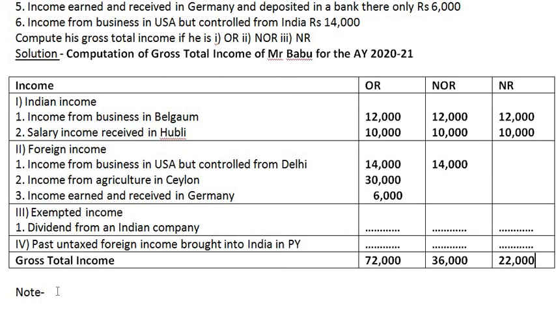There is one more important thing you need to do when you are solving the sum, which is to write an important note if you find it in the sum. Here you are given dividend from Indian company in the sum, but we have not written any amount over here, that is in the amount column. The reason is because it is exempted income. So if you find any such important points in the sum, just mention it after you solve it. That is, in the form of notes, you have to highlight those points. So how can you write the note for the same?